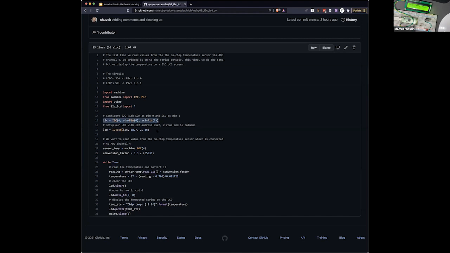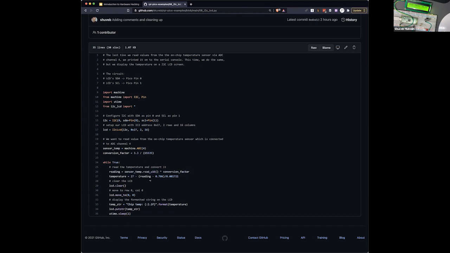And then, like I said, using just 2 wires in I2C, you can connect multiple devices. The idea is that every device has an address. In this case, the chip on the LCD has this particular address, hex 0x27. And then we configure the LCD. It has 2 rows and 16 columns. So that's the LCD configuration. Again, this code you're familiar with. We already saw this code.